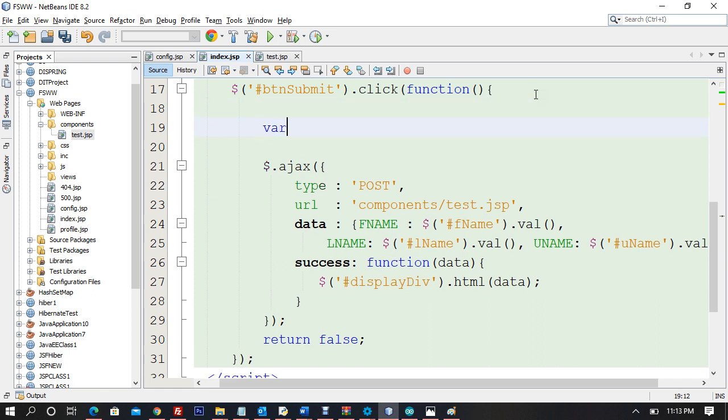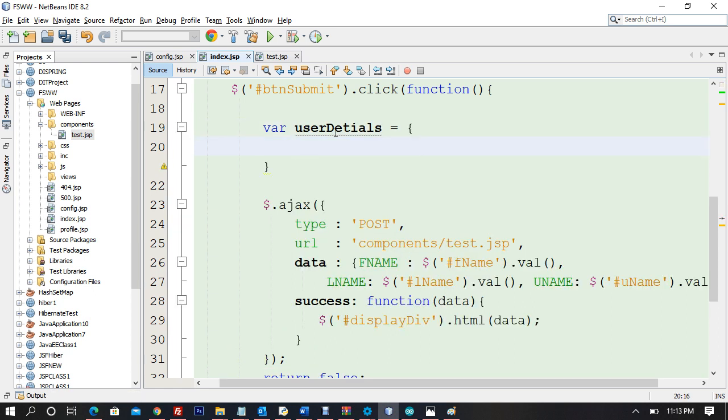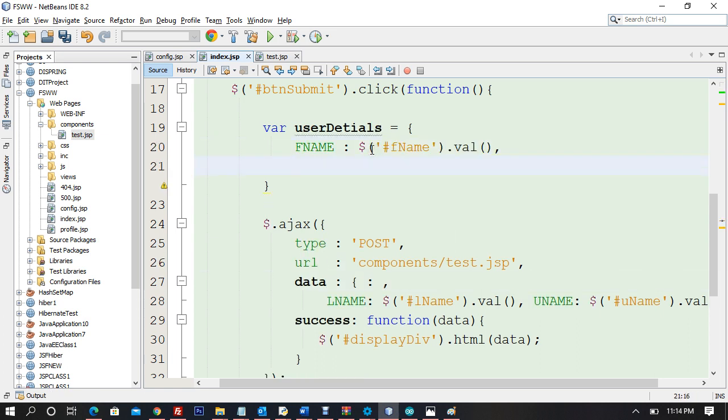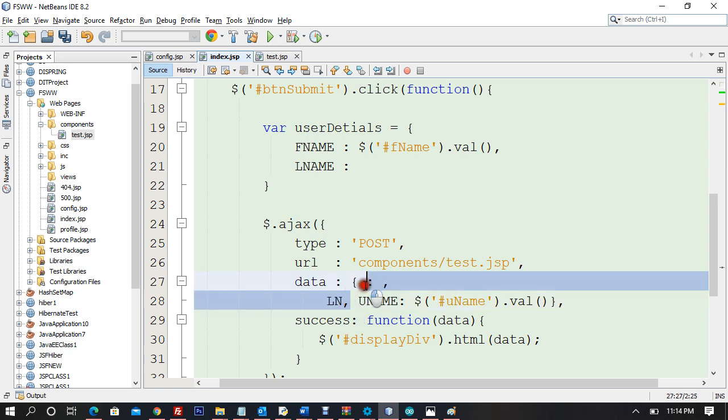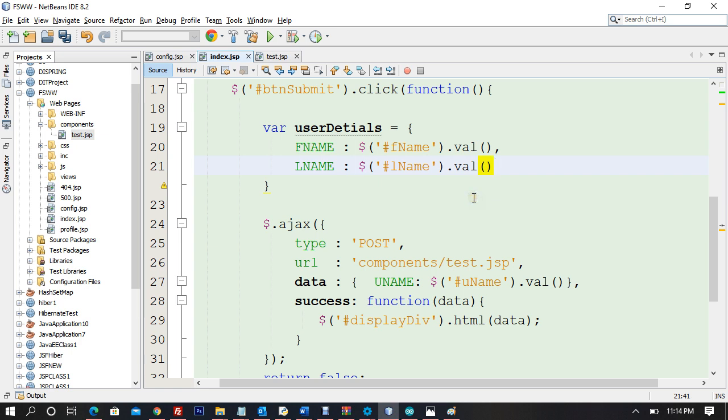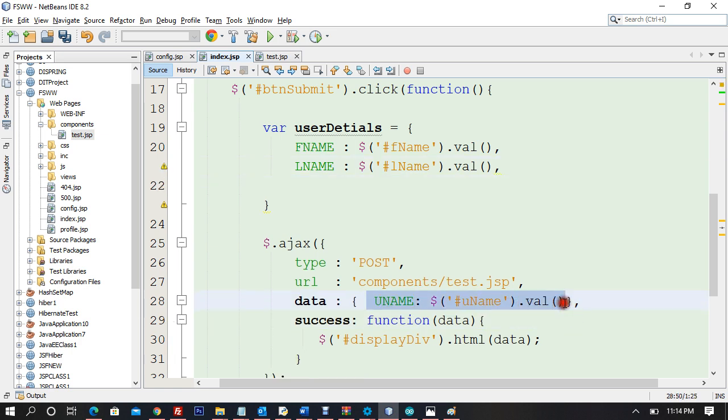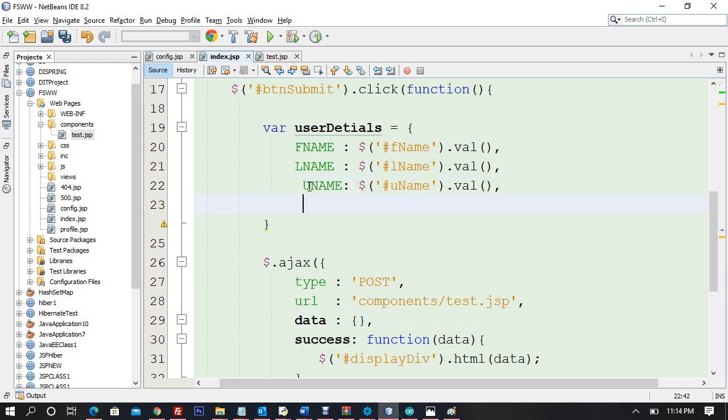So I will create just like an array or a JavaScript object. So I'll say var details, or you can say userDetails, right? So I can say var userDetails is equivalent to, now I'll open the brace and close the brace. So now, as you know, fname, okay, fine. So this is fname, and fname is going to take this value, which is fname.val, comma, lname is going to take this value, which is lname.val. Then we have uname, which is going to be uname.val, and then we say